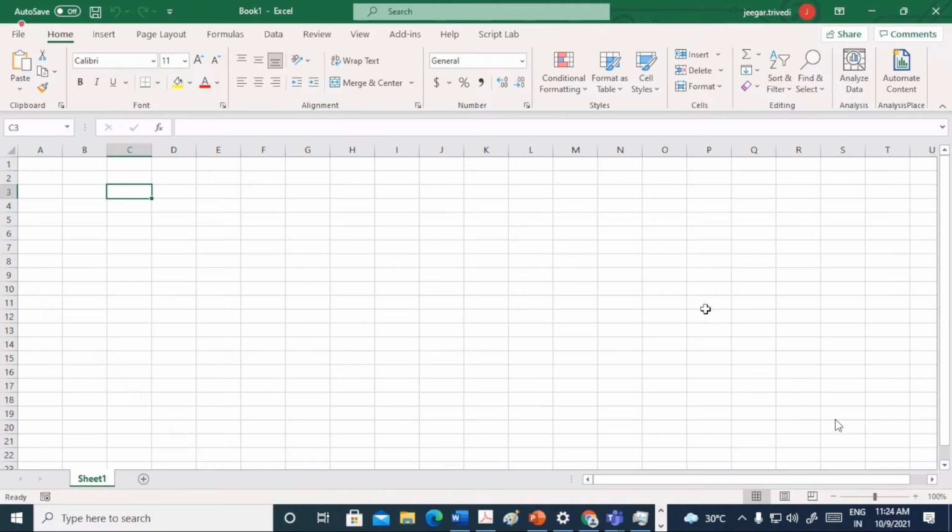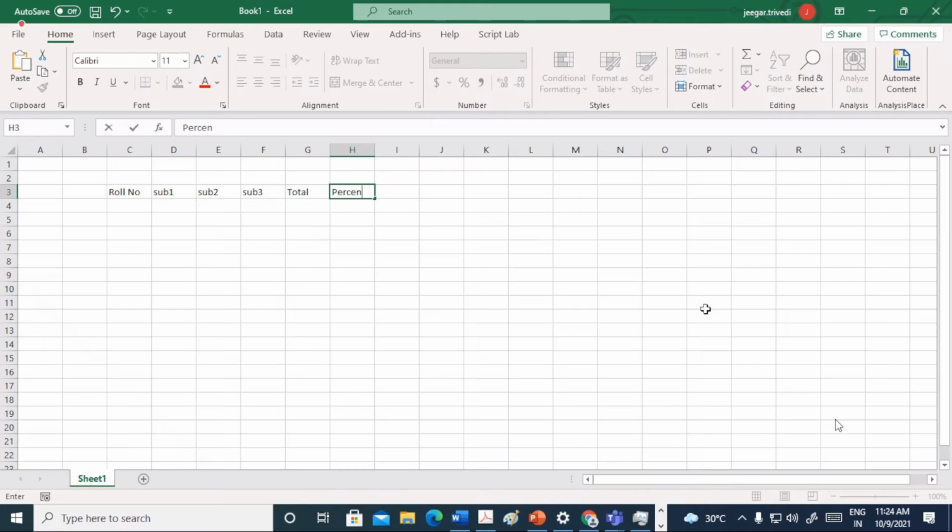So what I'm going to do is roll number, marks for subject 1, subject 2, subject 3, and let us say total, and also percentage.